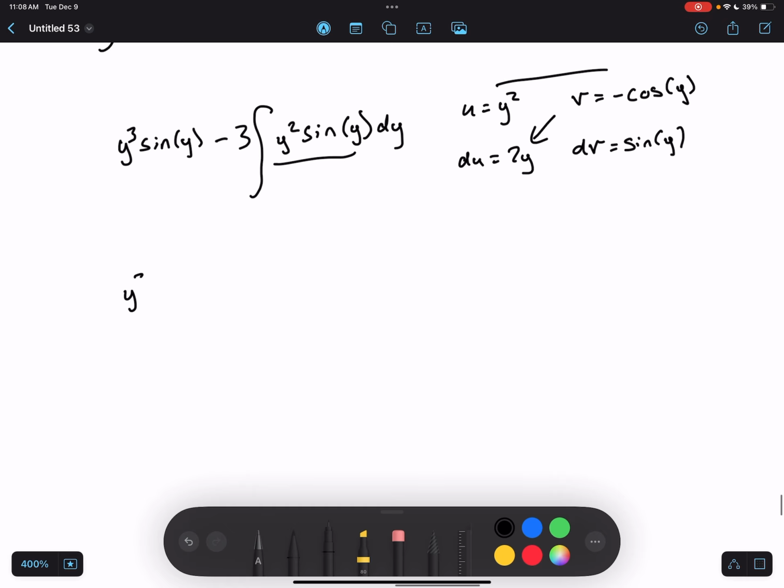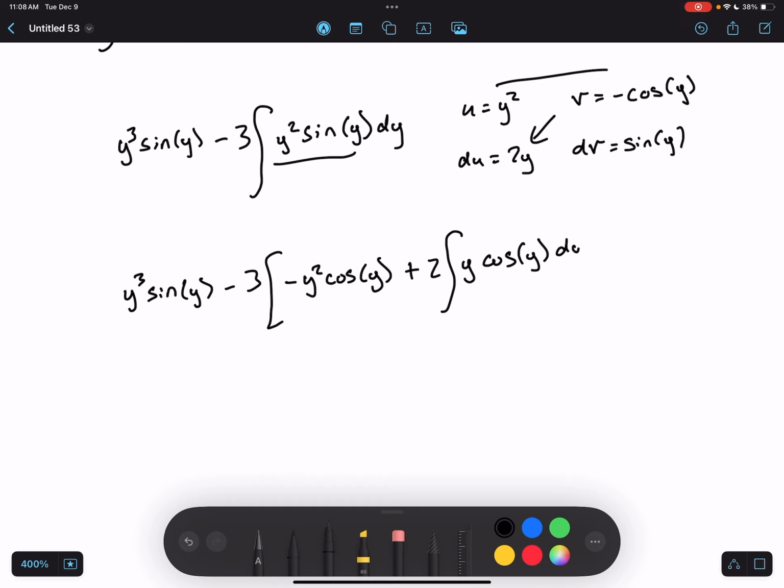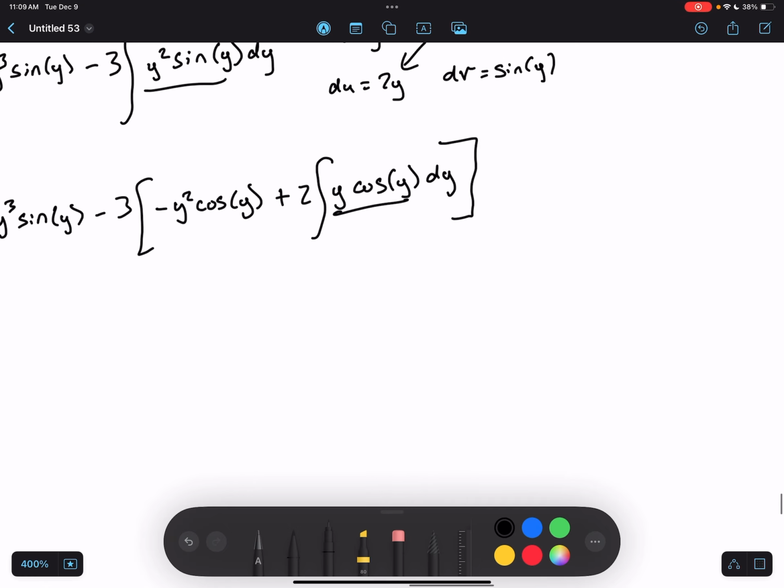So we'll rewrite this first part, y cubed sine y minus 3 in brackets now times minus y squared cosine y minus the integral, but this has a negative in the new integral, so it's a positive, and there's also a 2 out front, so I'll rewrite that 2 there, y cosine y dy. And now we've got one final product here, which is again indicative of one final integration by parts, and we'll